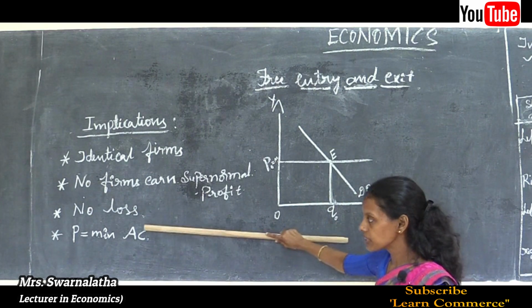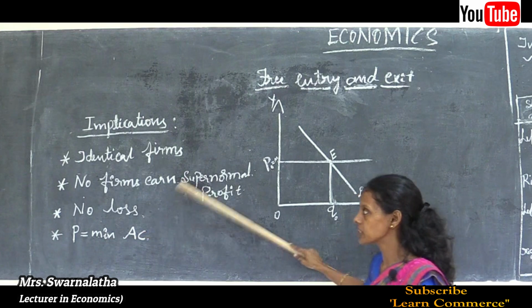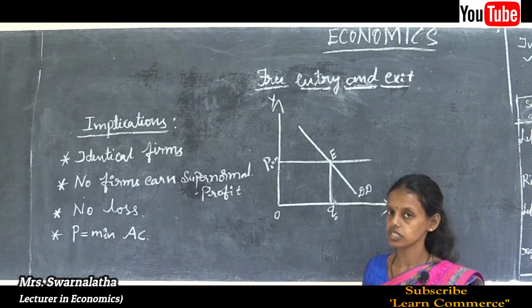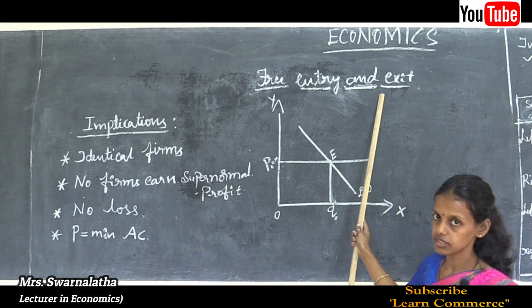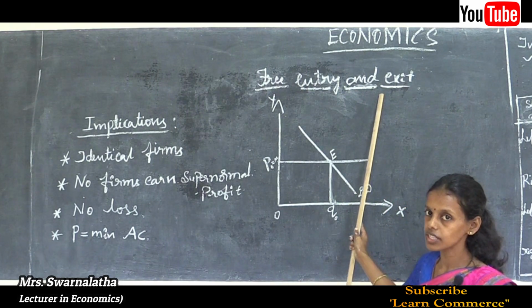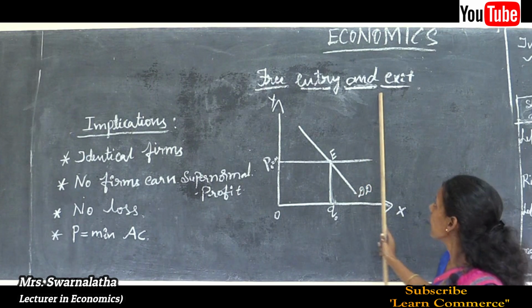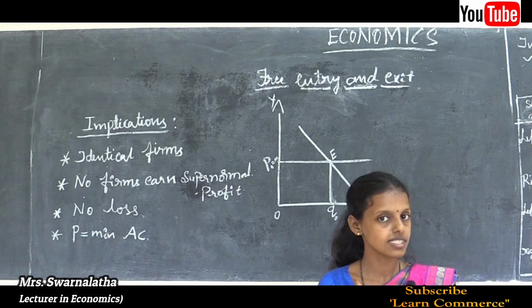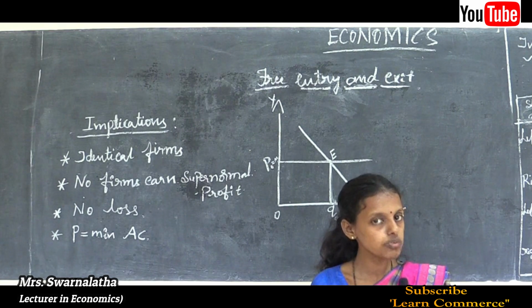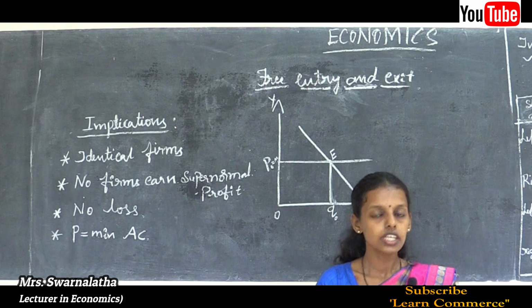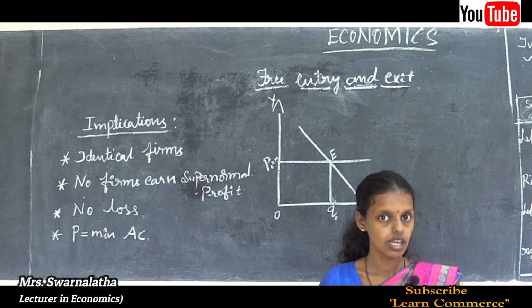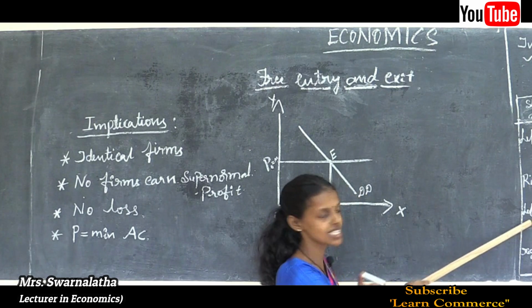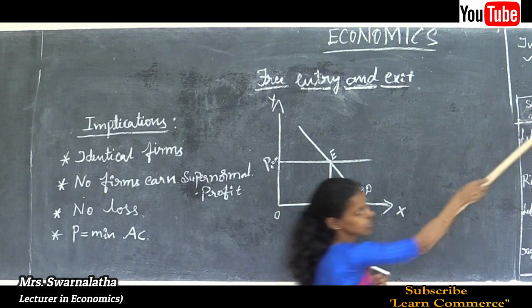When price is equal to the minimum average cost, the firms are going to get the normal profit when free entry occurs in the market. So any firm can enter the industry and exit from the industry. When supernormal profit is there, that attracts new firms to the industry. If there is any deviation due to the increase in the price, for example, condition 3 we studied under the simultaneous shift in the equilibrium.